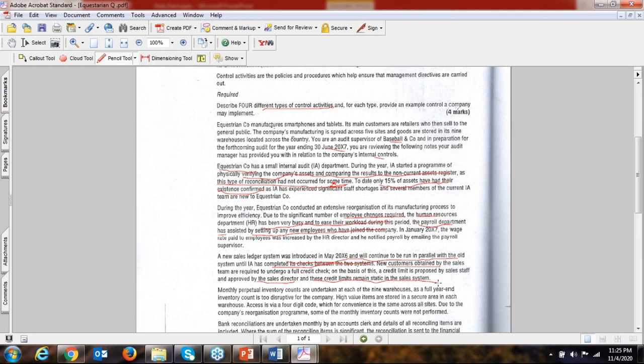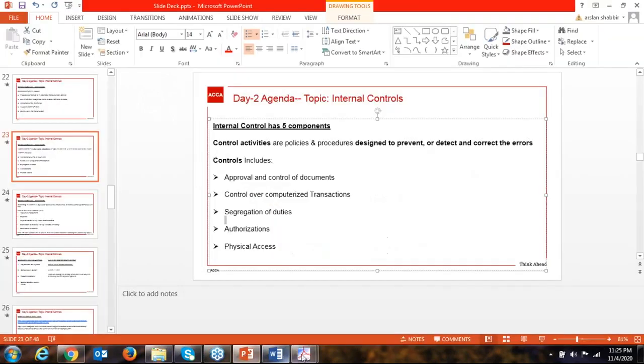Maybe the credibility of the customer will not be good after 5 to 10 years. Suppose the credit limit of the customer is no longer appropriate because their company was in losses and this client is not able to pay your amount back. So this is the deficiency. Now we will read the answer.